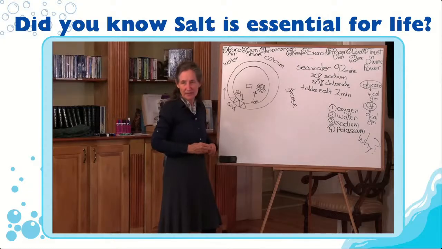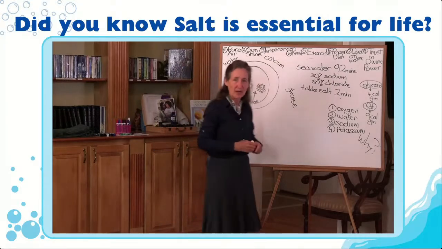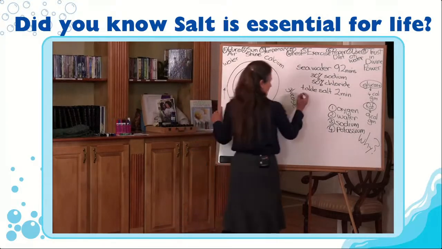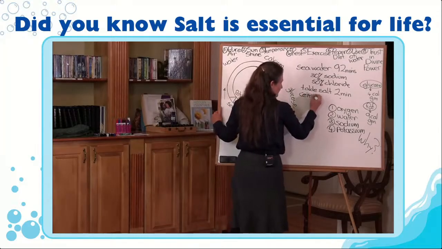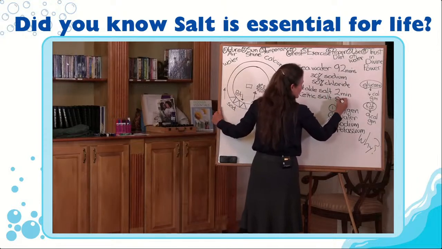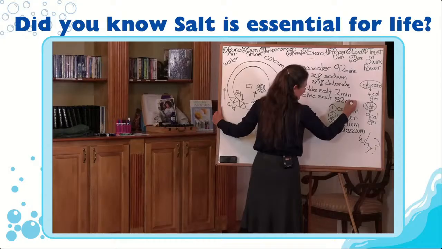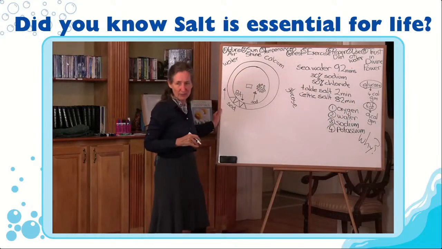There's a French doctor named Dr. Lelangre, and he's written a whole book on salt. He said, when people come to me with high blood pressure, I put them on Celtic salt. Why does he put them on Celtic salt? Because Celtic salt contains 82 minerals. It's a hand-harvested sea salt. So the minerals are in the Celtic salt in their balanced form.